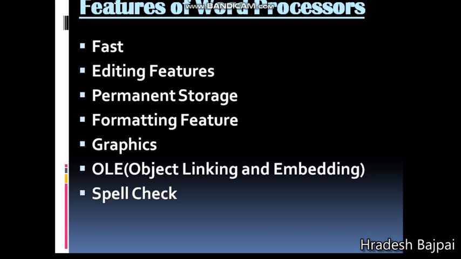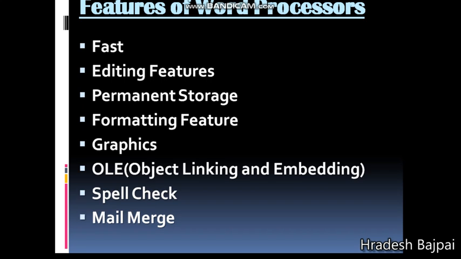Next feature is spell check. Like MS Word, in Writer also we have the spell check feature. It gives us the facility of spelling checking, and whenever we type or write anything wrong, it shows a red wavy line under that word. When we click on that particular word which we have written wrong, it shows us some matching suggestions also. Like if you misspell something, it suggests some appropriate spellings also.